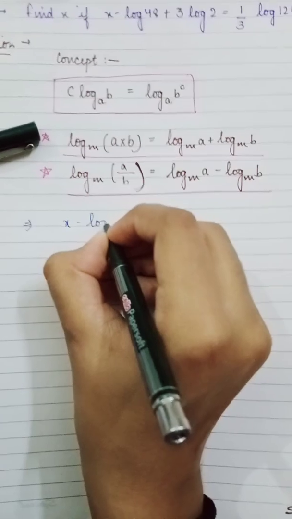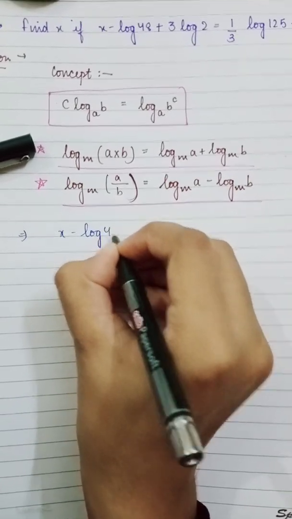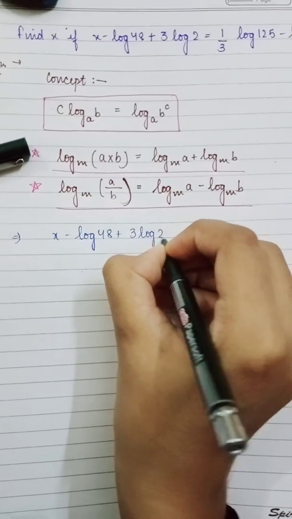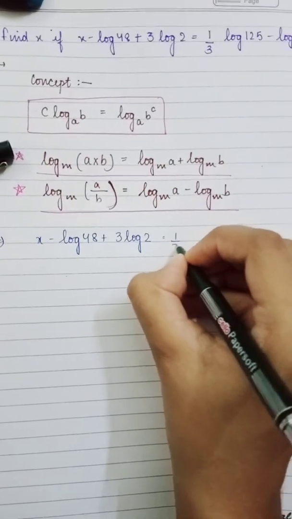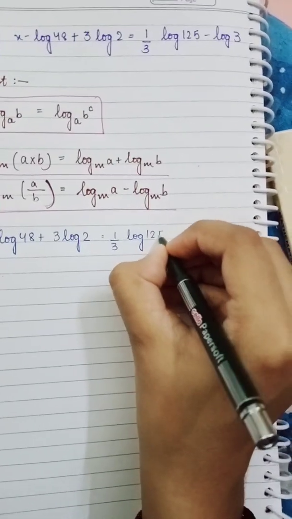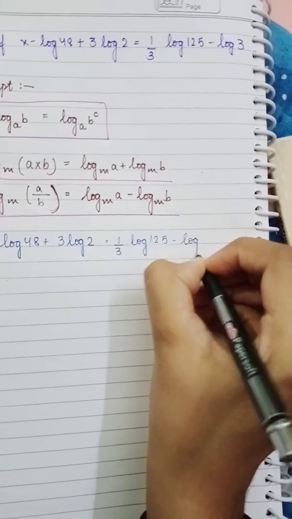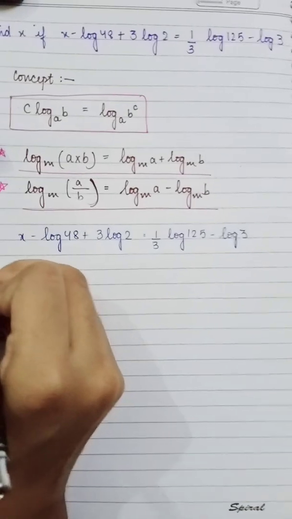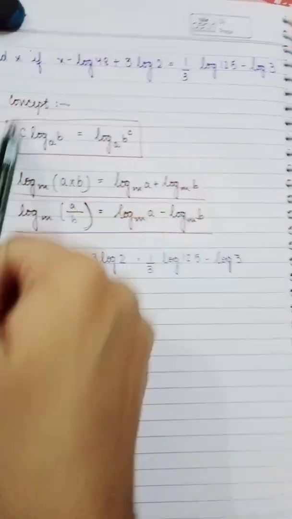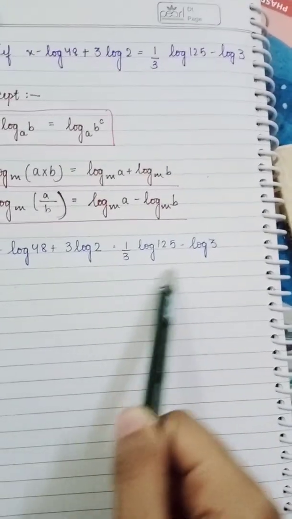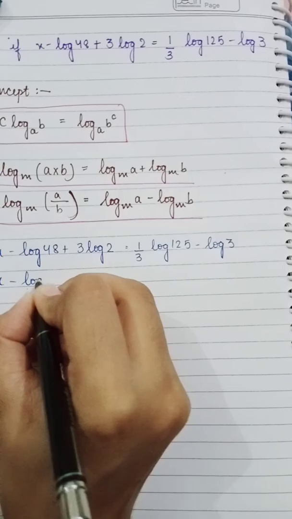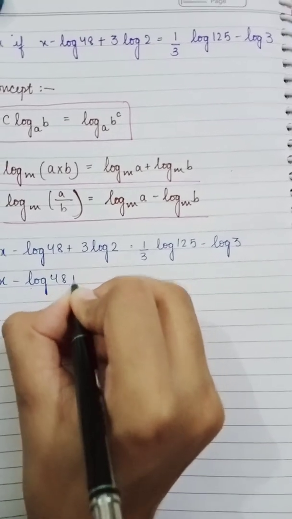x minus log 48 plus 3 log 2 is equal to 1 by 3 log 125 minus log 3. Here we can apply this formula in this part and this part. So it can be written as log 48 plus